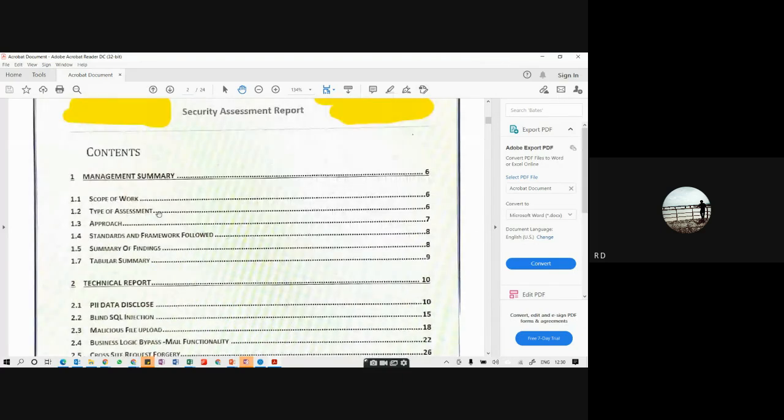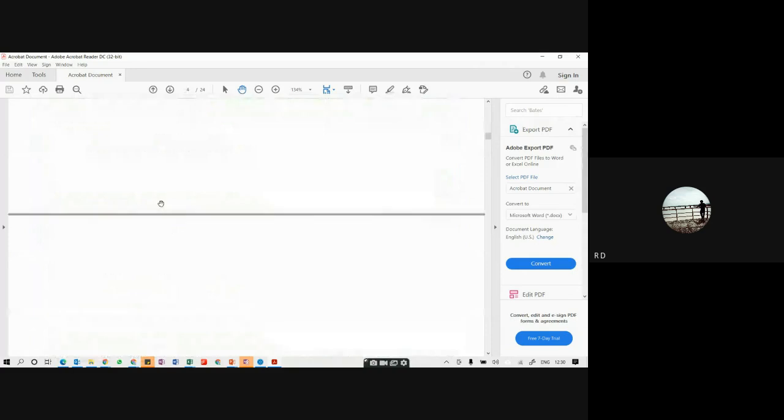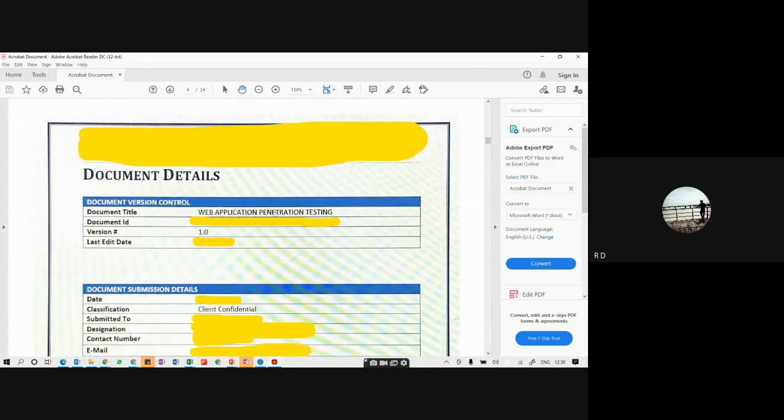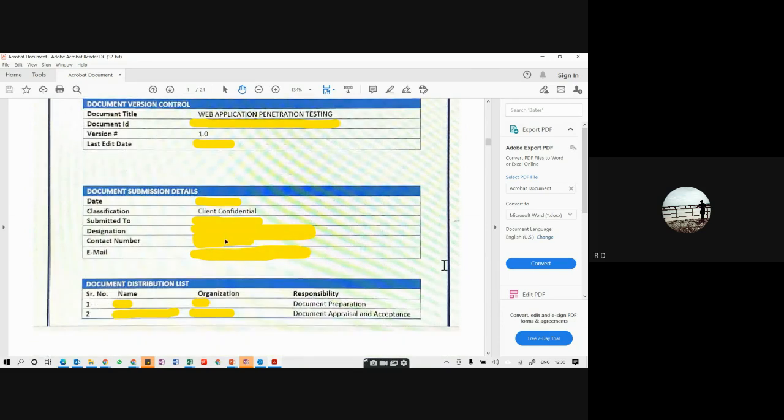Generally, we start with the document details: document title, web application. This is penetration testing we performed on client X. Penetration testing, if you are doing it, includes vulnerability assessment, but vulnerability assessment does not include penetration testing. Then the document submission details: client confidential, a classification given, version, document ID, last edit date, contact number, designation, email ID,